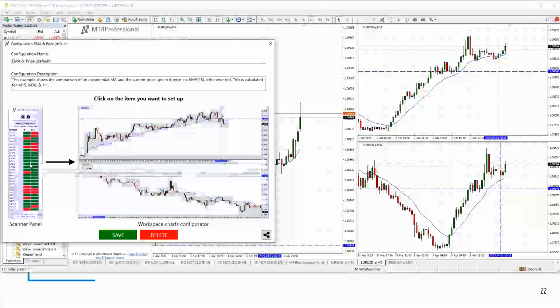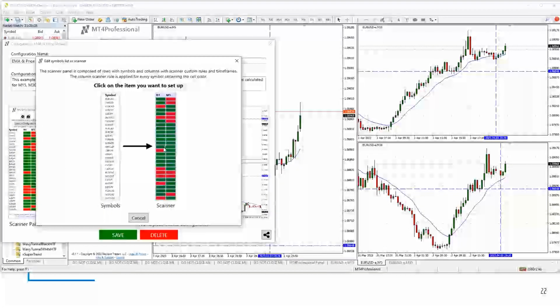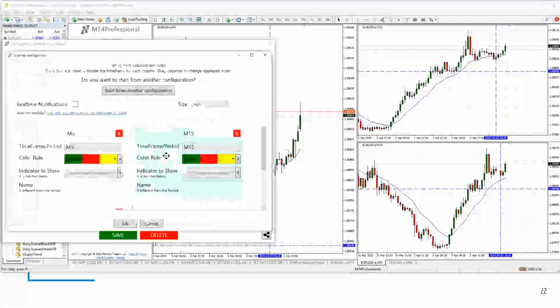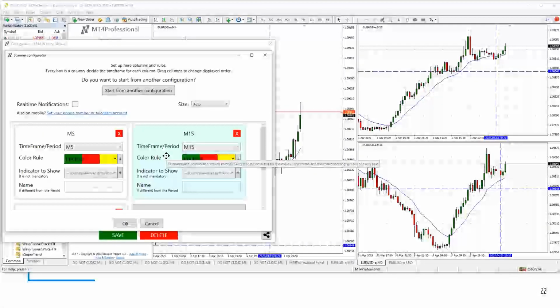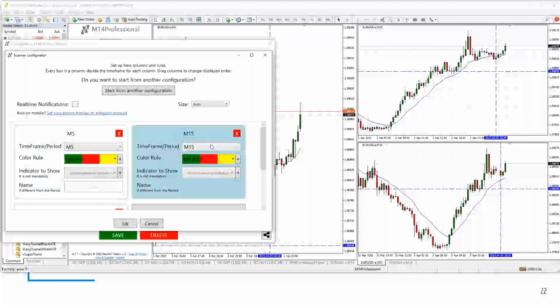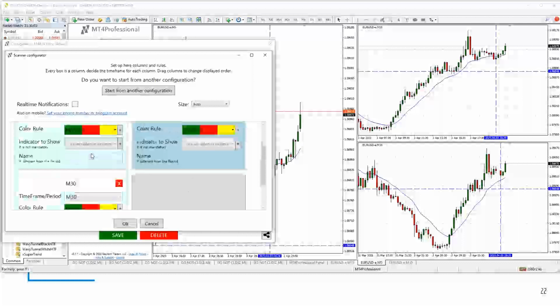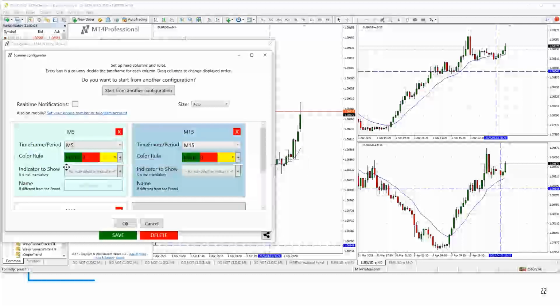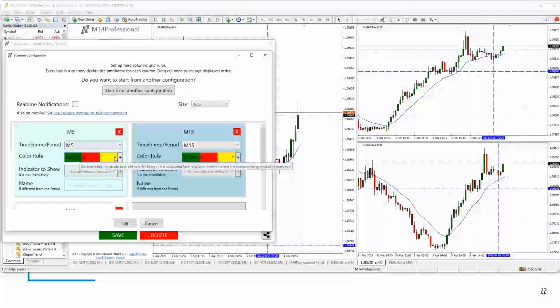So let's take a quick look at the actual scanner panel itself now. By clicking on the scanner, this is the configuration for the rules that we use in order to turn the color of each cell the color we want it to be. For any time frame, I have a color rule that's called main CR. Now that's the name I gave it. You can give it any name that you want, but main color rule is what that refers to. And it's applied to my 5-minute, my 15-minute, and my 30-minute charts. So that means I'll have 3 columns on my scanner that are going to be looking for the rules based on the main CR set up on 3 different time frames.